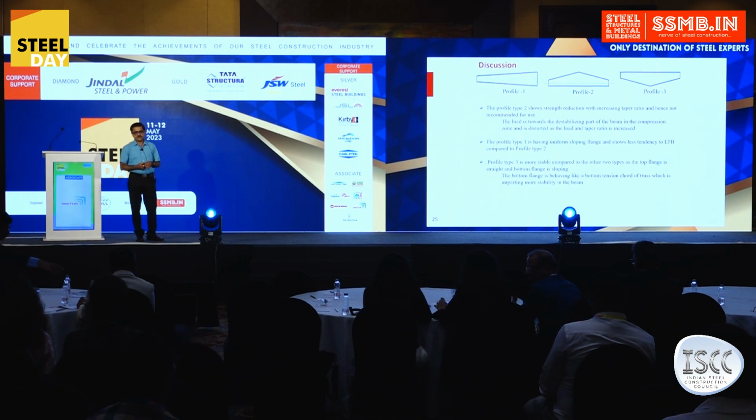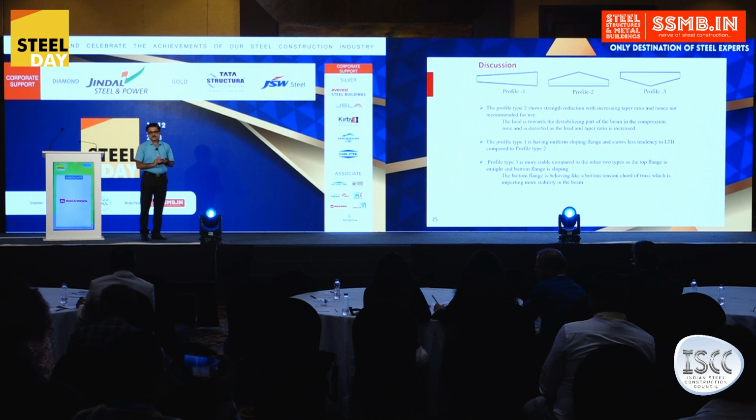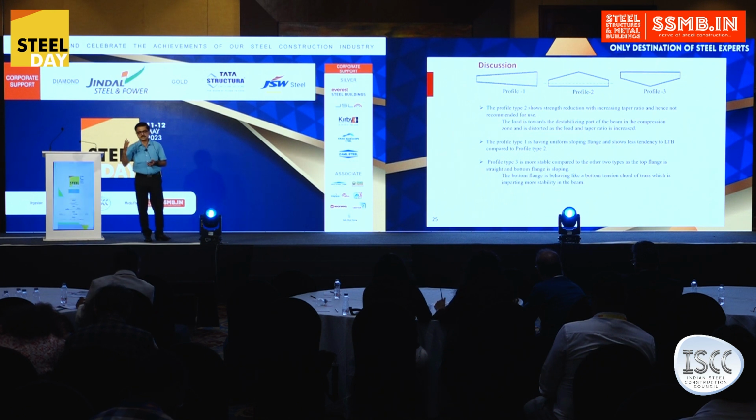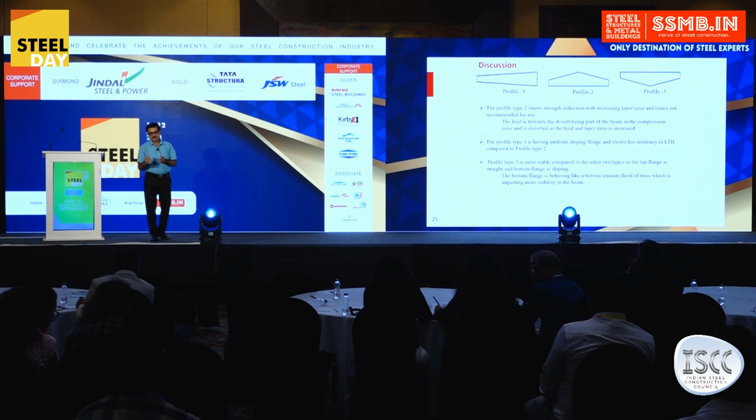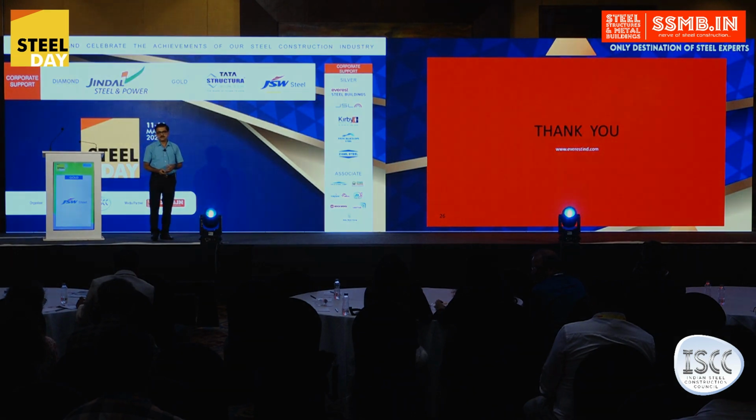If we discuss it, profile type 2 shows strength reduction with increased taper ratio, and hence it is not recommended for use. The basic reason is that when we apply the load towards the top of that particular member, the load is towards the destabilizing part of that member, and that's the reason the strength goes on reducing as the tapering ratio increases. Type 1 and type 3 have close results, and the results vary between 10 to 15%. So profile 2 and 3 can be used, and the best of those profiles is profile type 3. So that's what these findings show, as seen while doing this entire experimentation and finite element validation. So thank you for